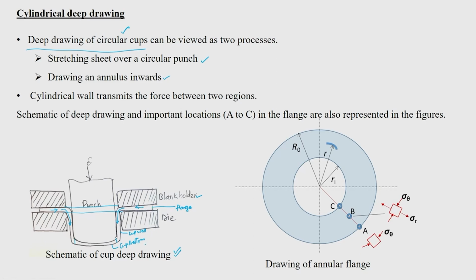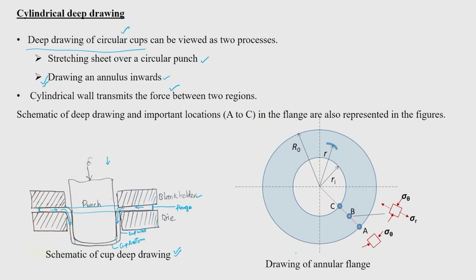Drawing an annulus inwards is basically like converting this flange region into cup wall. You are drawing this annulus region, the annular region, in the inward direction. And the cup wall is going to transmit force between these two regions. Okay, so this is the schematic. From the schematic and from this view, we can in fact say that deep drawing is nothing but drawing an annulus inwards. And if you see the top view of this,